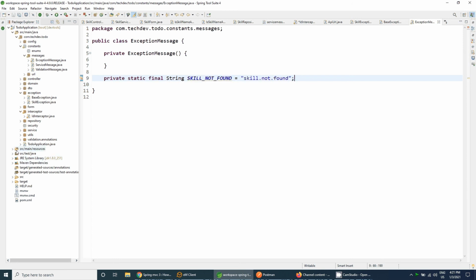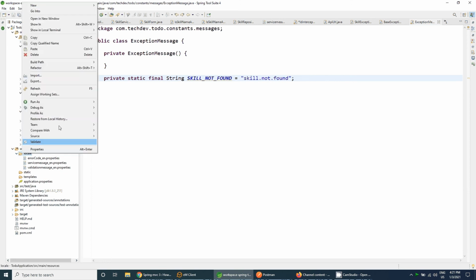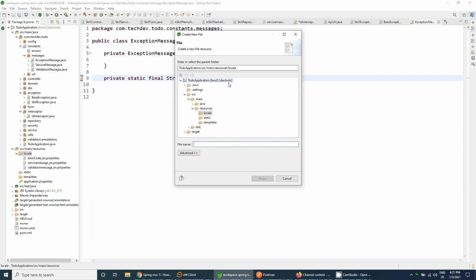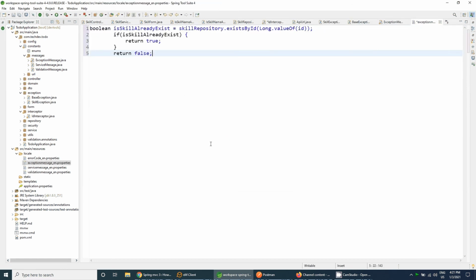And let's create inside the source locale an exceptionMessage_en.properties file. For that, go to the file and create exceptionMessage_en.properties. Paste the key.